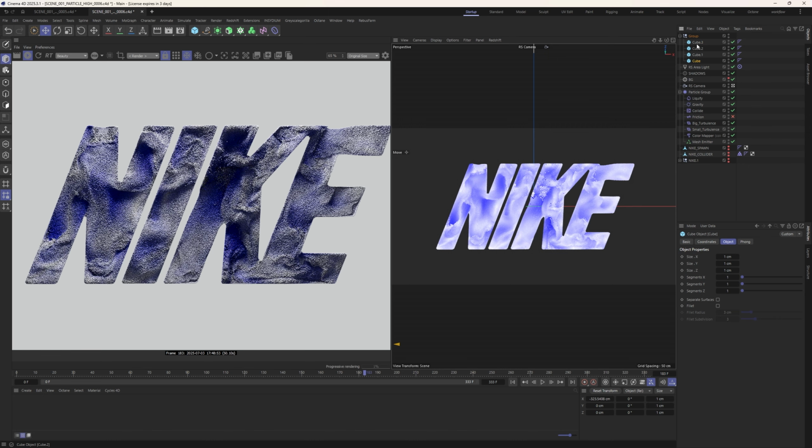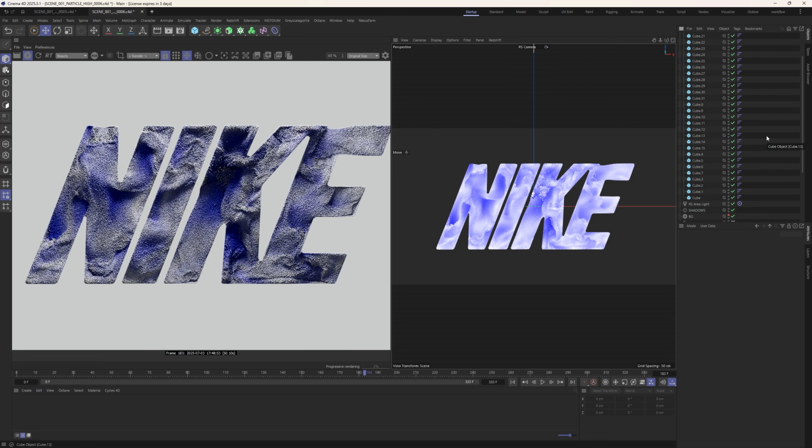And then I'm going to grab all of those. So I've got 4. I'm going to duplicate them. I've got 8. I'm going to grab all 8 of those. I'm going to duplicate them again. So I've got 16. Duplicate them again. I've got 32 cubes in this null. And if I come down to the particle group, when we go to render and RS object, and we come